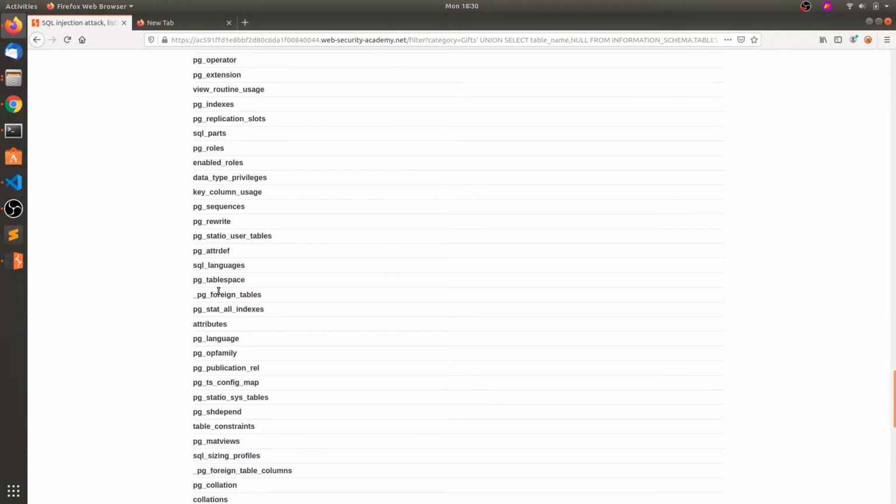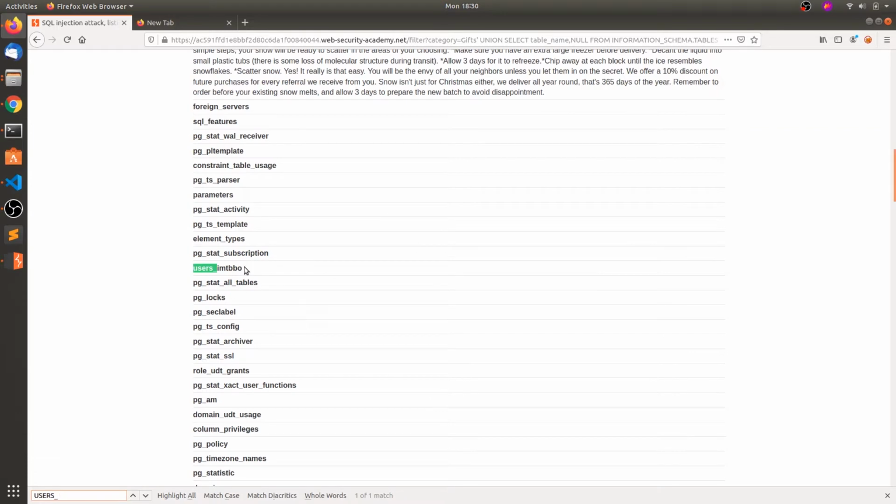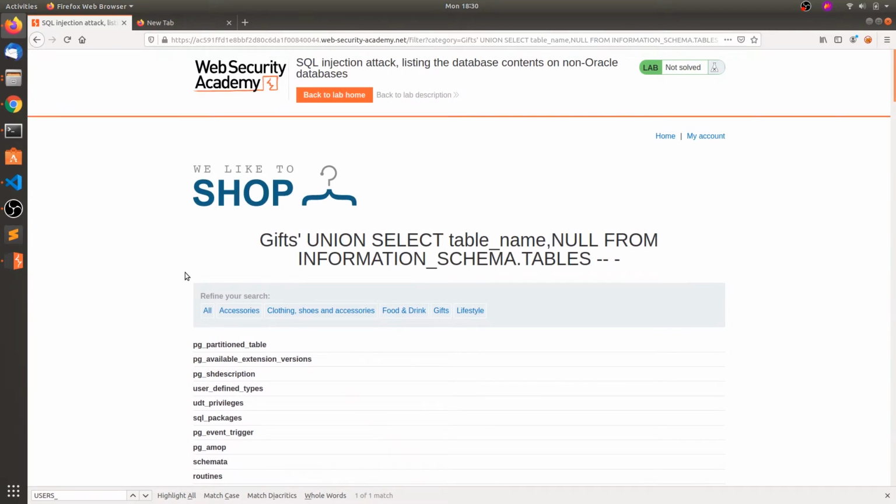So what they are asking is they are using users underscore. So this is the table that holds the credentials. Let's copy this.